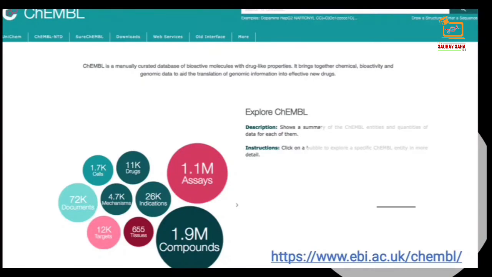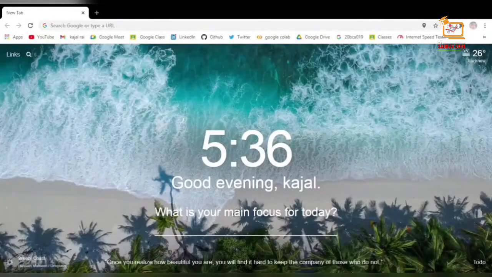You can perform searches of the ChEMBL data in many ways, like by exploring ChEMBL by viewing the complete entity set, by exploring bioactivity data on protein target families, a flexible text matching search for ChEMBL entities such as compounds, targets, assays, documents, cells, and tissues, by compound substructure and similarity searches, and search by protein sequence similarity using BLAST. So here I am going to explore the ChEMBL web interface for you.